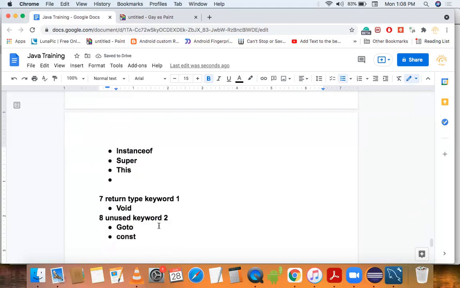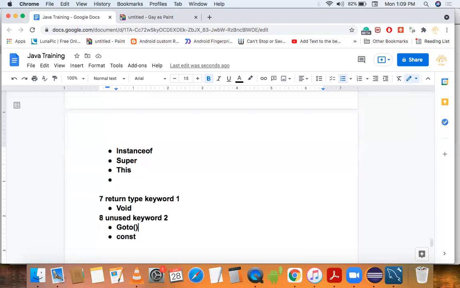Goto had several problems in old languages, so that's why it was banned in Java. For constant, we use final instead, so we can use final in place of constant. If we try to use goto and constant, we will get a compile time error.